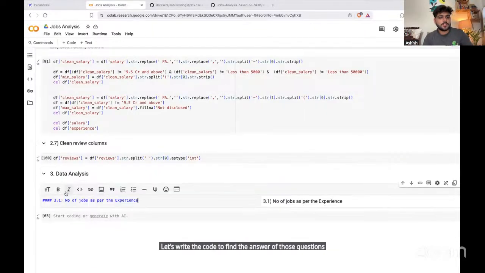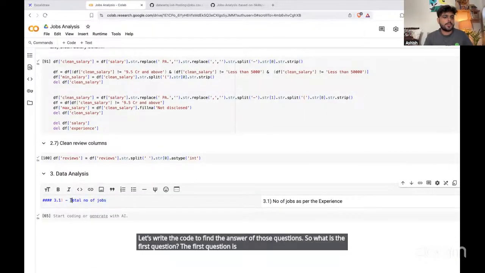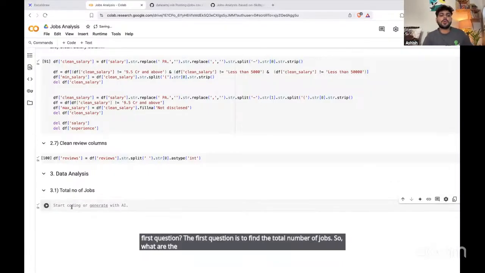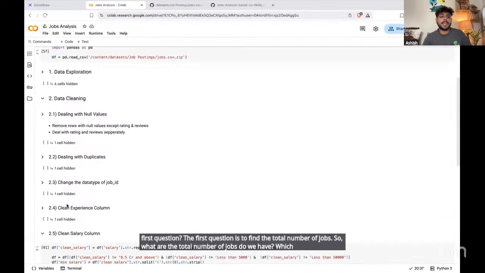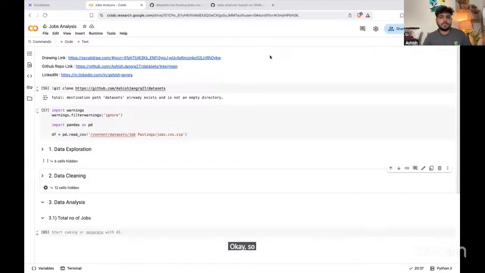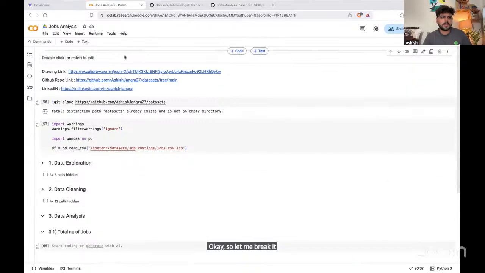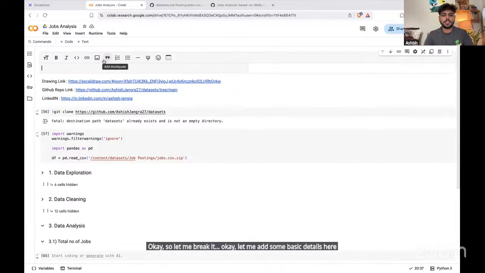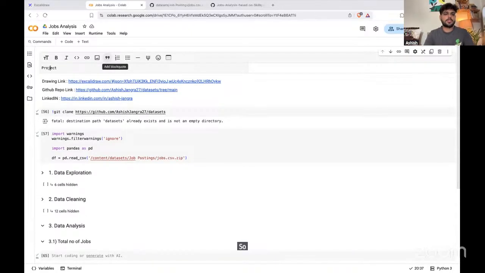So what is the first question? The first question is to find the total number of jobs. So how many total jobs do we have? Which code exactly do I need to write? Okay, so let me break it down. Let me add some basic details here so that I can collapse all the things. So project process